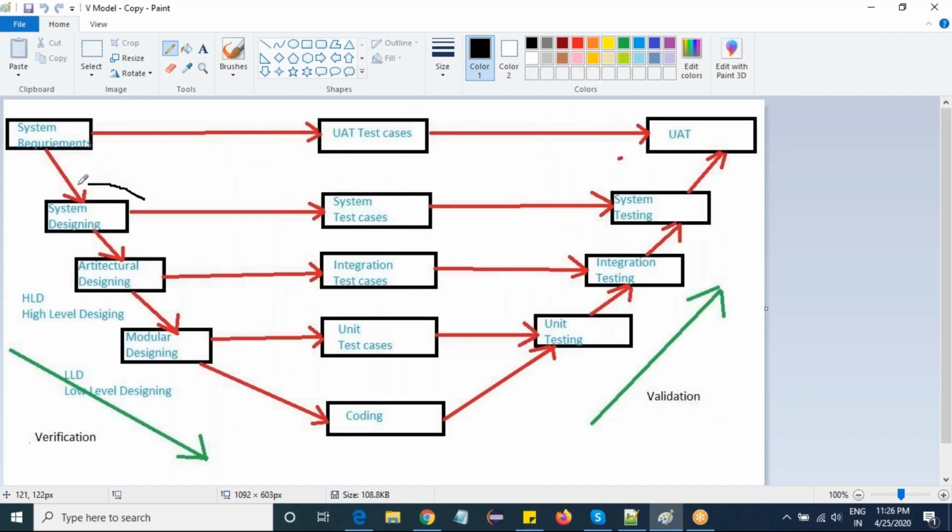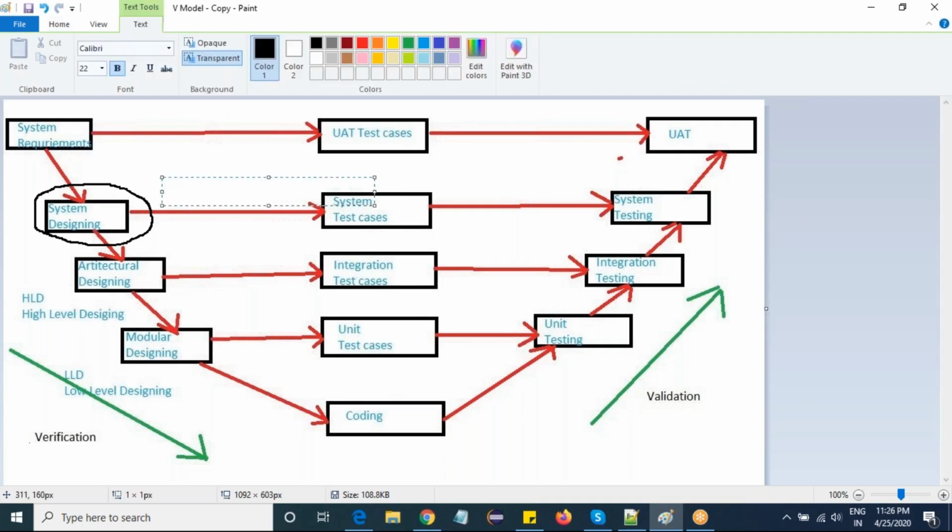In the first phase, the entire system has to be created by the developers. They will create the server, the Kmail server. Whenever the server is ready, I will write something like create a high level server or system. The text is very big here, so let me decrease the text, modify it and make it bold.